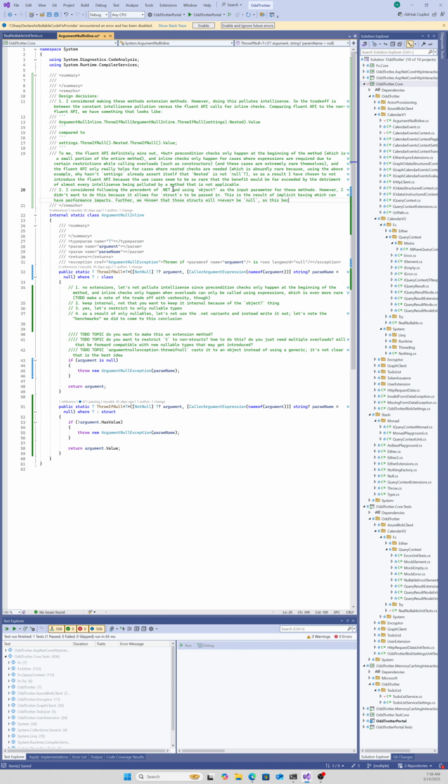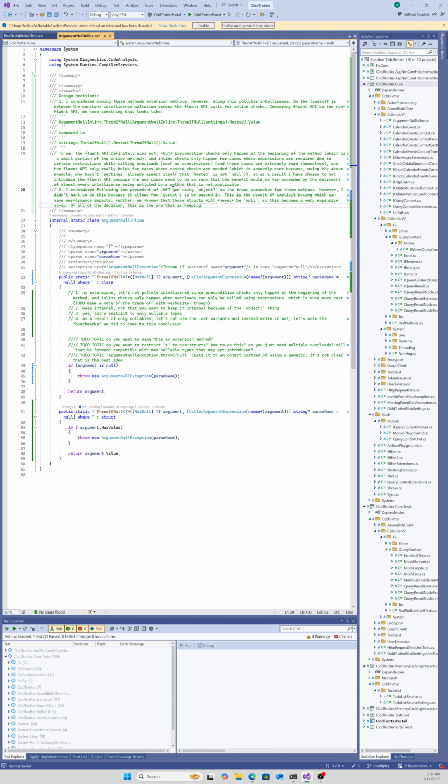So this becomes very expensive. Of all the decisions, this is the one that is keeping this class marked internal. If something happens,